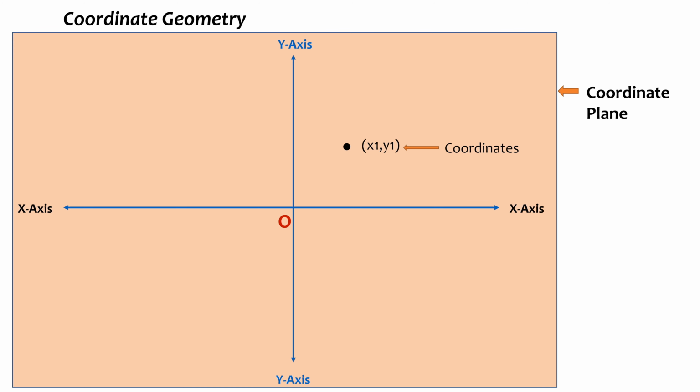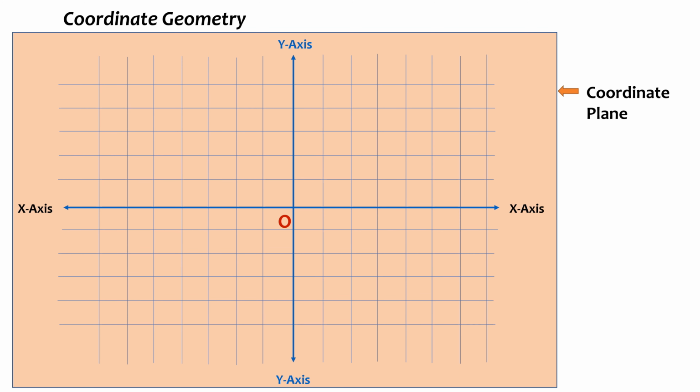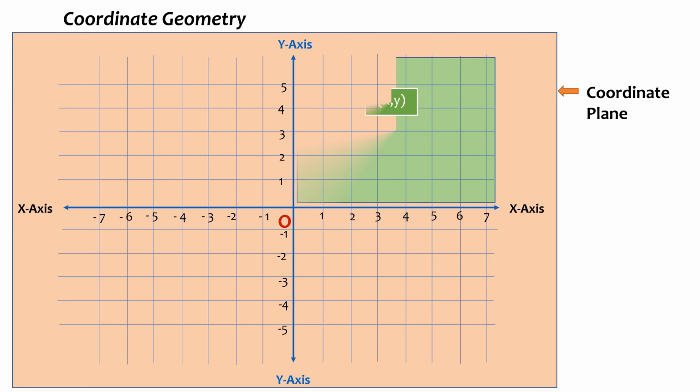The location of a point on the plane is given by two numbers in a small bracket separated by a comma. On the x-axis, values to the right of origin are positive and those to the left are negative as shown. Similarly, on the y-axis, values above the origin are positive and those below are negative. Because of this, the coordinates of points lying in this first quadrant will have a positive x-coordinate and a positive y-coordinate, expressed as x, y.